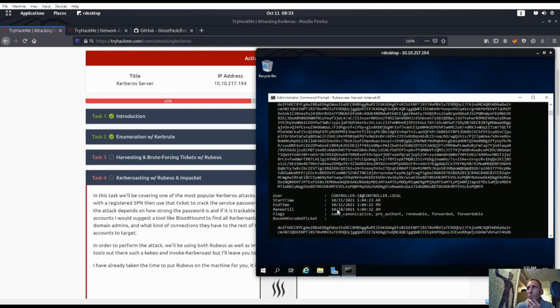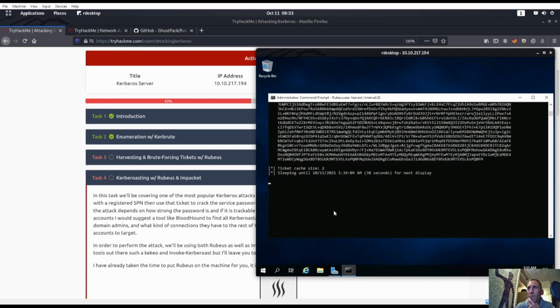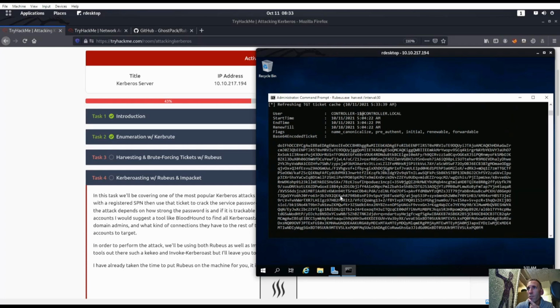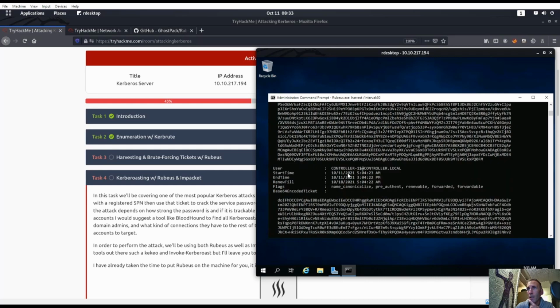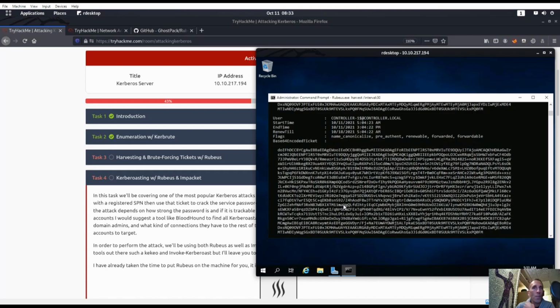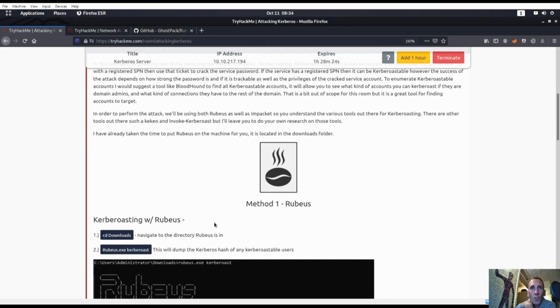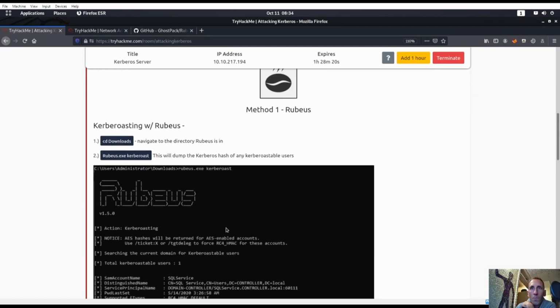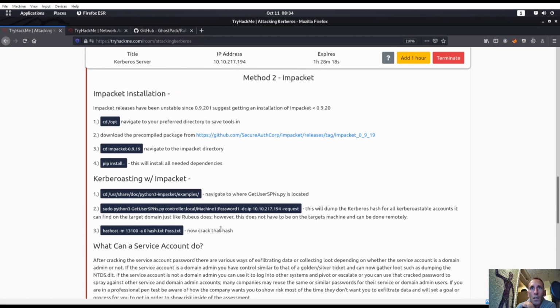create a service for something such as an admin. I don't think it is. This is like when you can create a service that also has an account, and this is where our Kerberoasting comes into play. So Kerberoasting,